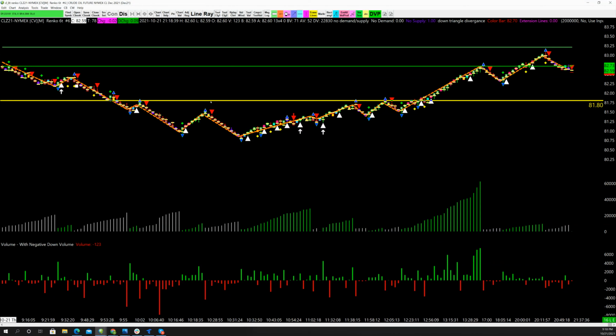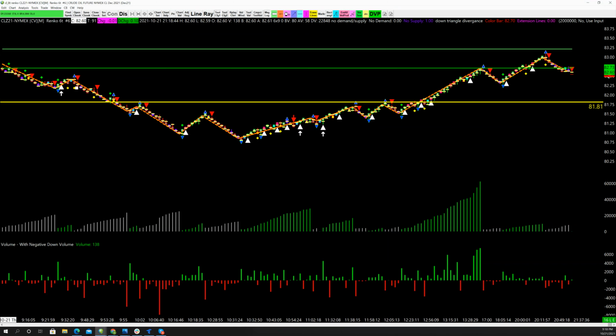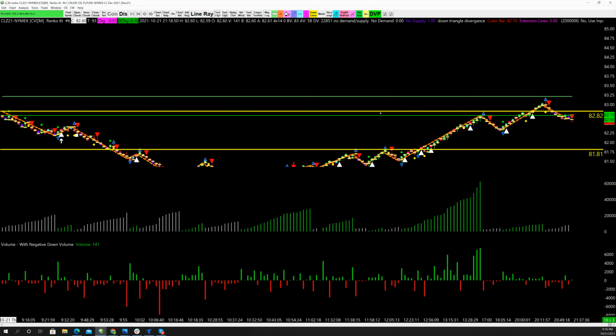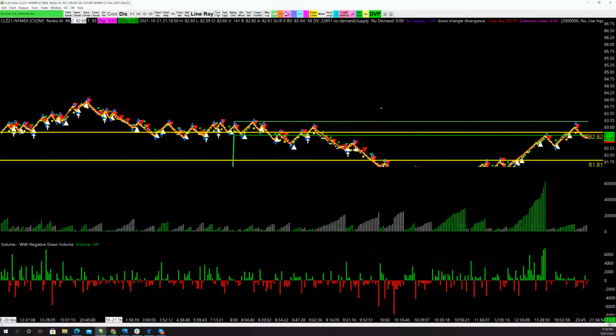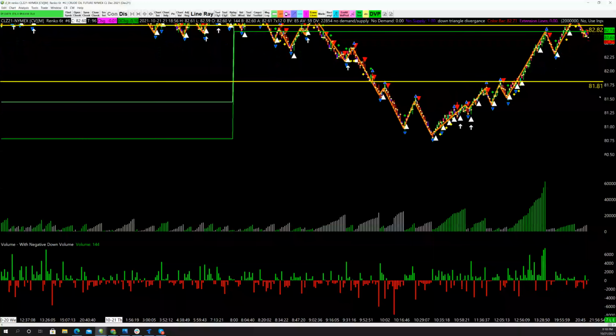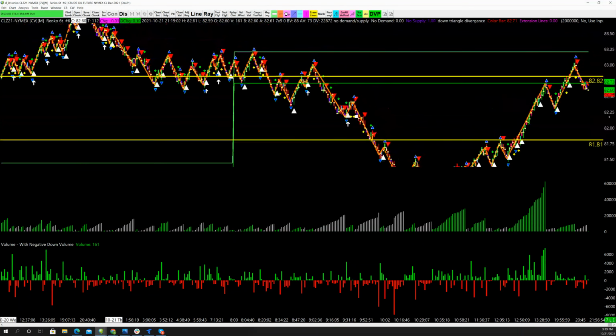$81.80 to $82.80. Okay, so if you look inside there, right, you can see how we swept that entire value area, and I actually had this read correct, but the prior day's point of control got in the way. It was actually quite a frustrating day on CL. I had this correct. We were short through here and got paid,